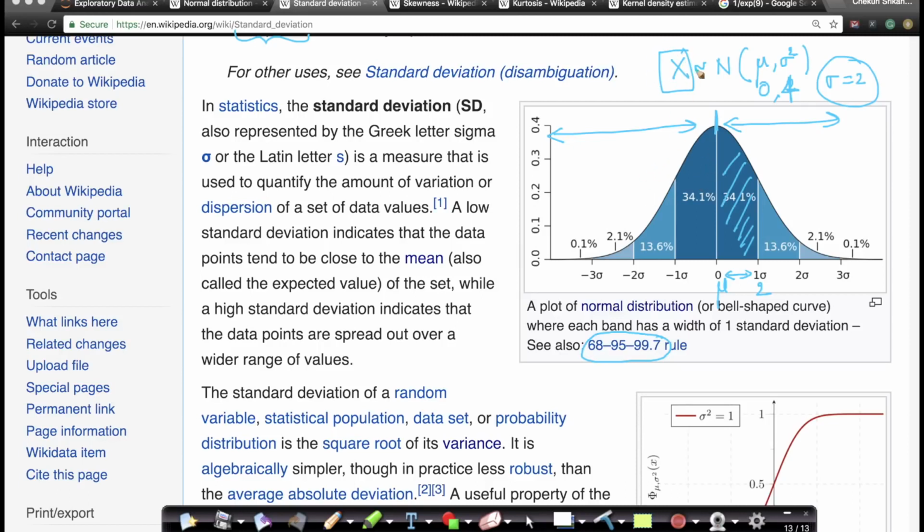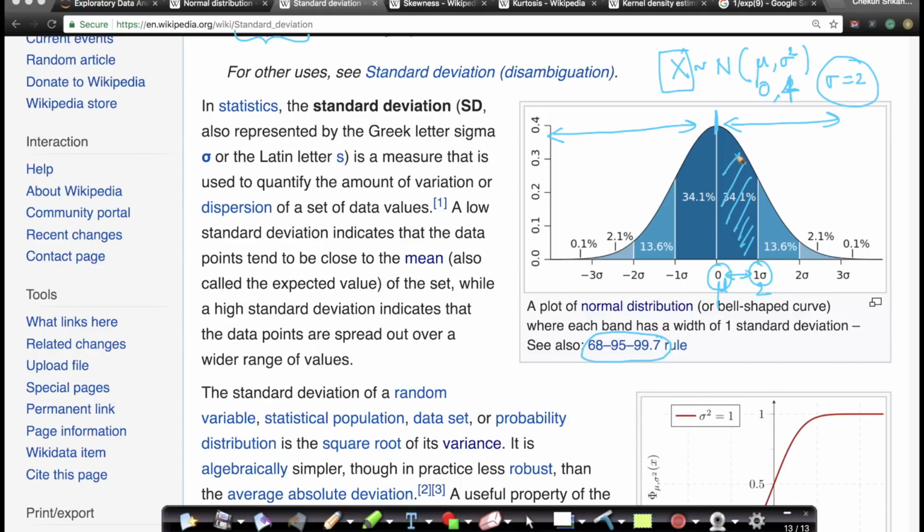So let's assume x follows a Gaussian distribution with these 0 and 4, and if I sample values from x, which means if I start taking observations from x, I can tell you without actually doing the experiment, as long as x follows a normal distribution, without even observing samples and calculating how many of them are there, that between 0 and 2, or between mean and first standard deviation, here our mean is 0 and our first standard deviation will be 2,